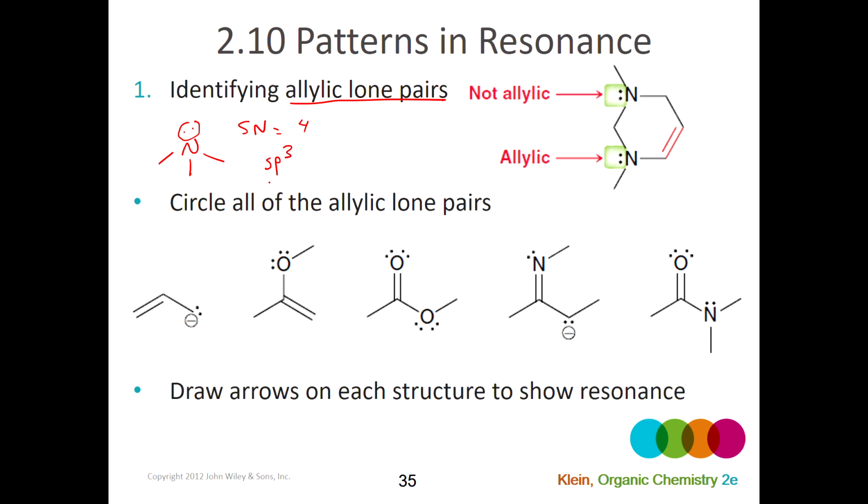But because resonance is stabilizing, that means that this lone pair is actually more stable in a p orbital. And so we would normally predict this as being trigonal pyramidal. We would predict the lone pair would push these down and make a pyramid shape. And that's usually the case for a lone pair on a nitrogen. But if the lone pair is allylic, it's an exception to that situation. Because an allylic lone pair